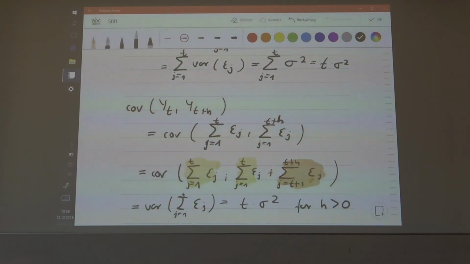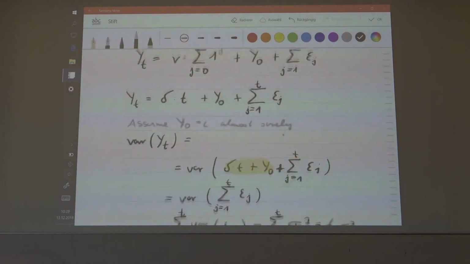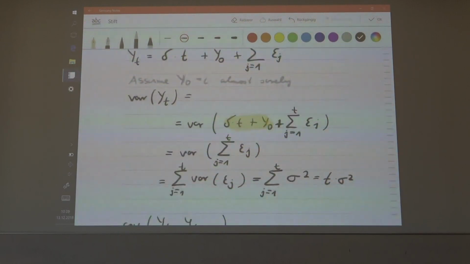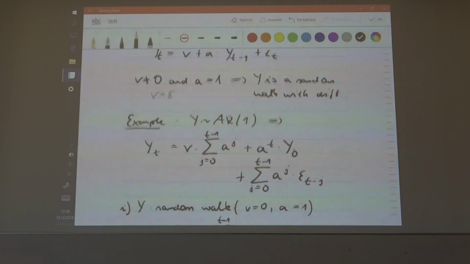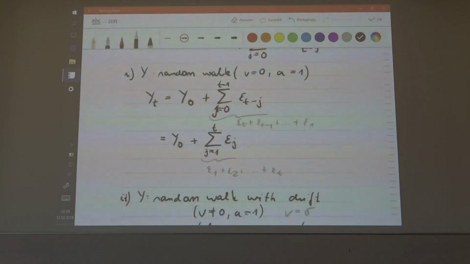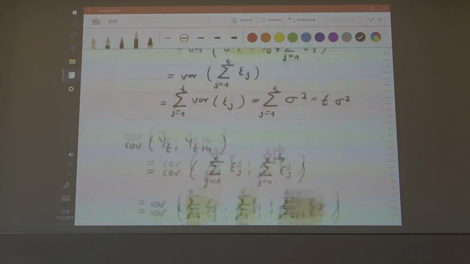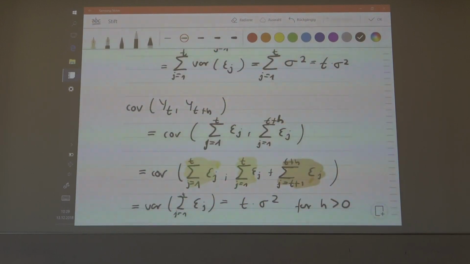So basically both the autocovariance and the variance of the process are time dependent. I mean, the expectation can be time dependent here. The expectation of the process only depends on time if you have a random walk with drift. But if you don't, then the expectation is equal to the expectation of the starting value, which is a constant, of course, because the noises all have expectation 0. So that's not very interesting. Is this something that is clear?